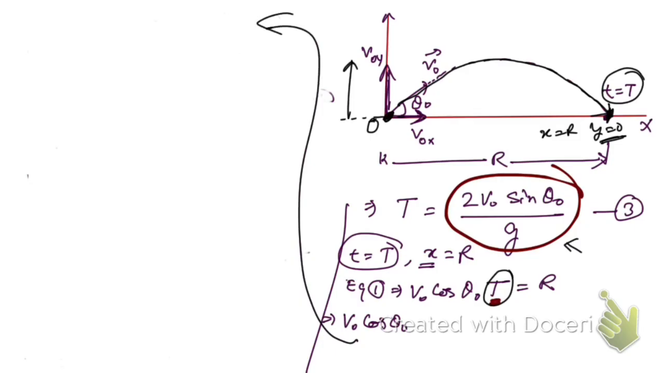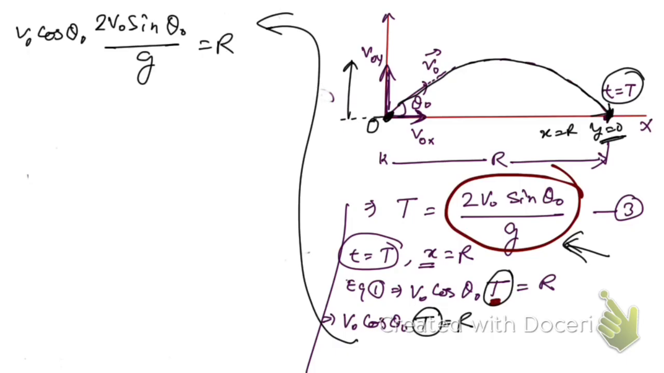Okay, we're going to get v naught cos theta naught. Instead of this capital T, we're going to replace it by this value, that is 2 v naught sin theta naught by capital V. On the right hand side we have R, right? So R is equal to, here we will get v naught square, then 2 sin theta naught and cos